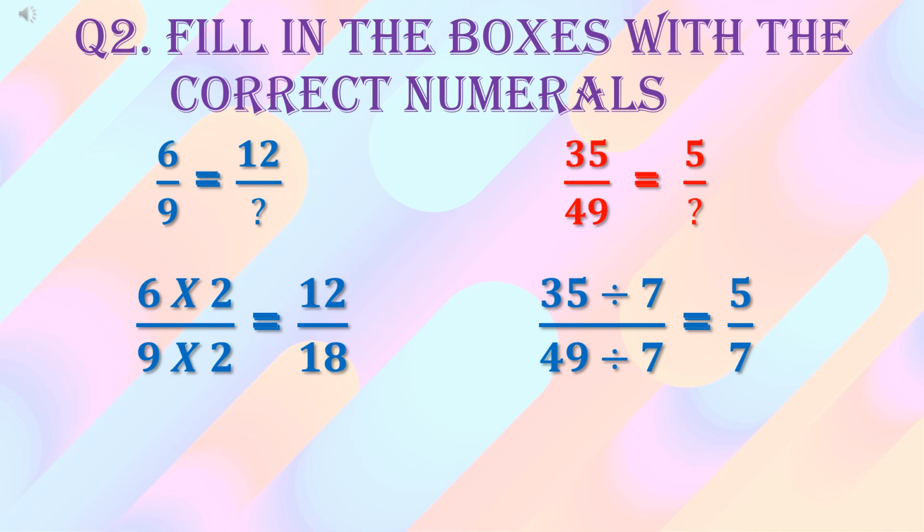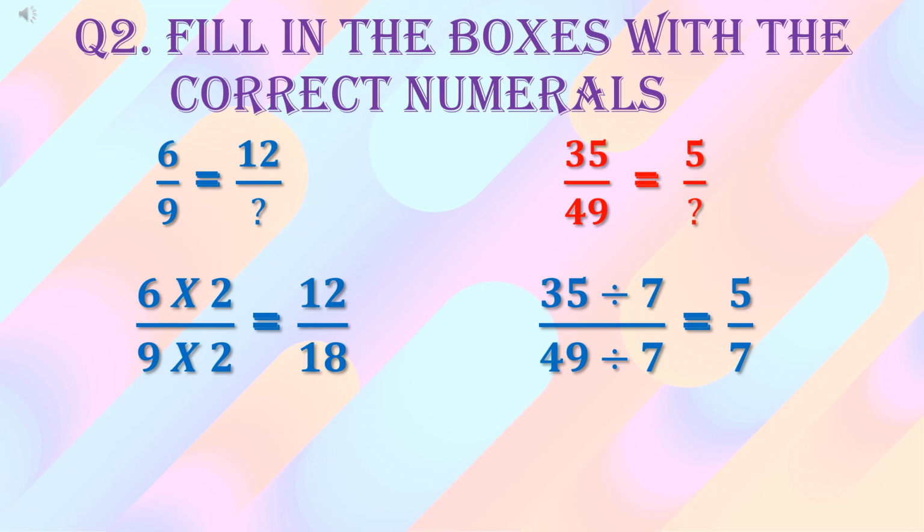अभी तक क्या हो रहा था, हमें smaller numbers मिल रहे थे fractions में और हमें bigger numbers find out करने थे, but this time we have got bigger numbers and we have to find out smaller numbers. जब आपको smaller number find out करने हैं, smaller fractions find out करने हैं, उस case में आपको division की help लेनी होती है. You have to divide the given fraction, and here the given fraction is 35 upon 49, and the equivalent fraction which we have to find out, in that we have been given the numerator which is equal to 5. 35 upon 49 की equivalent fraction के लिए हमें 5 as numerator already given है, denominator हमें find out करना है. तो let's see कि 35 को किस number से divide करने पर हमें 5 मिलता है.